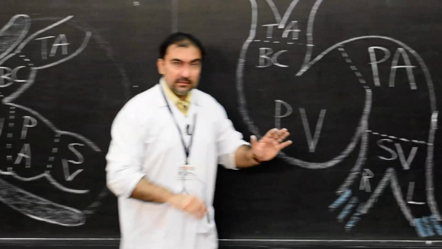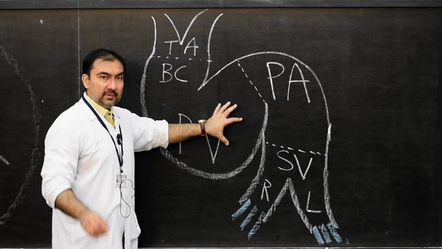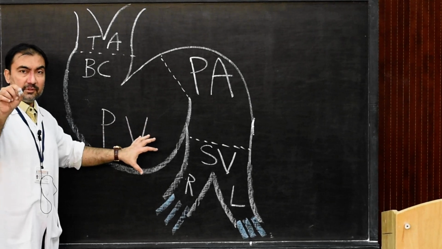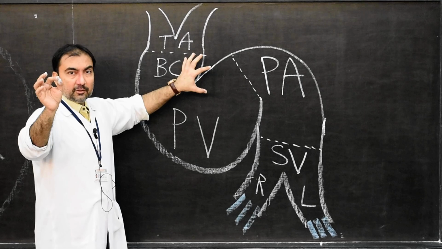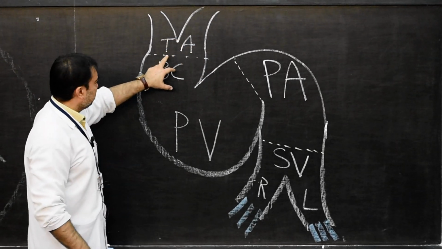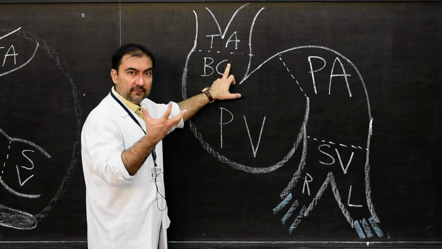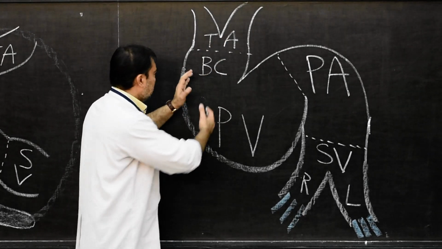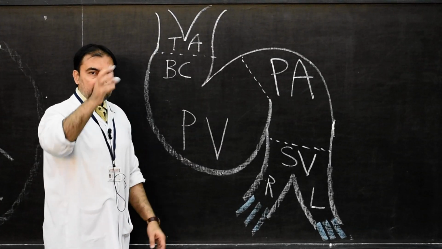Please come on this side. Now this is the ventral view. So therefore this loop, as I was referring to now, the second point will be the cephalic end. The cephalic end of the loop, please note down, will be contributed by, where my hand is, truncus arteriosus and bulbus cordis. And it will settle there. Gradually it will settle on the ventral and on the right side of the pericardial cavity.